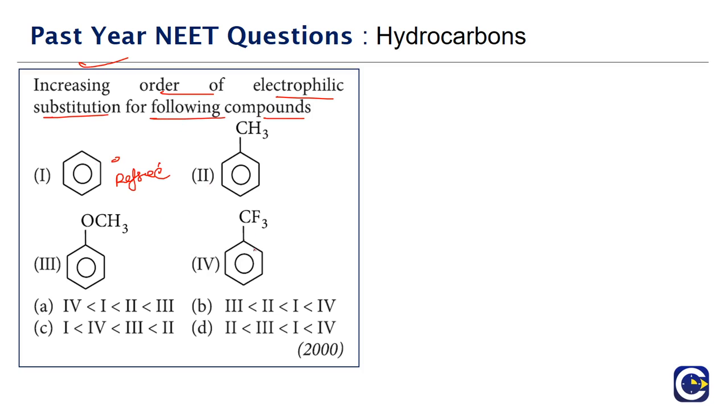See, electrophilic substitution means what? There are groups which will activate the ring. Generally the plus R effect groups, right? They will be activating the ring. So the ortho para positions will become electron rich and they would activate the ring. Minus R groups means they will deactivate the ring. So when we talk about activating or deactivating, we are referring to the electrophilic substitution type of reactions shown by benzene and benzene derivatives.